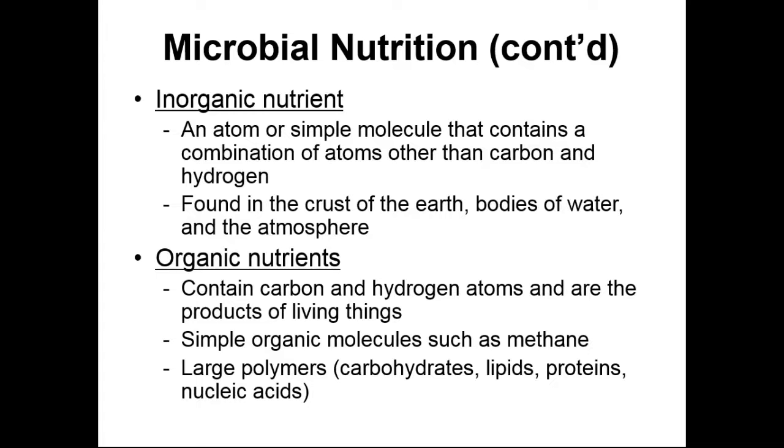In other terms, organic nutrients are going to contain carbon atoms. These organic nutrients are also known as organic compounds. The simplest organic compound is methane, and there's two notable exceptions: carbon dioxide and carbon monoxide. Even though they do have carbon, they don't have carbon plus those hydrogen atoms, so they're going to be categorized as an inorganic nutrient. These organic nutrients can form simple or large molecules. They form the four biomolecules that we talked about in Chapter 1, our carbohydrates, our lipids, our proteins, and our nucleic acids.